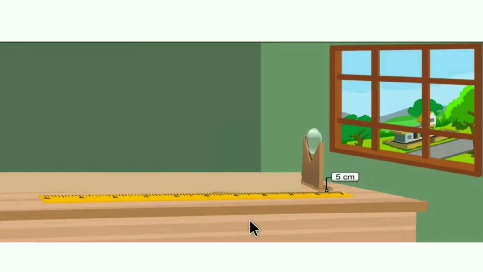Let us see this activity. This is the window, which is a distant object, and in front of this we placed the convex lens with the lens holder. Now place the screen behind the lens holder. And now change the distance of the screen from the convex lens and bring this screen near to the convex lens slowly to find where we can get the clear inverted image.